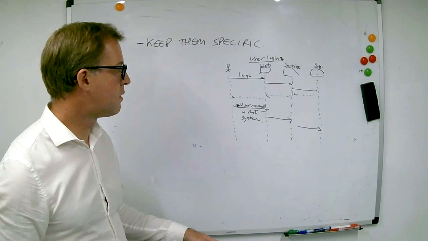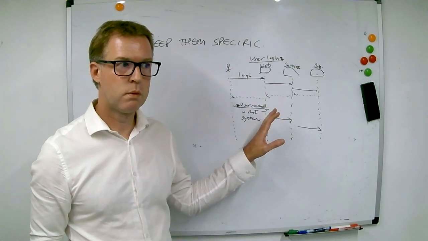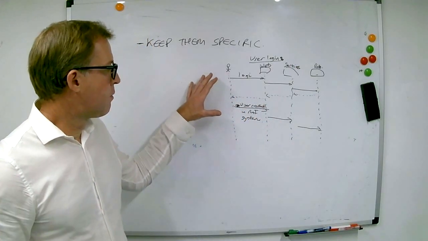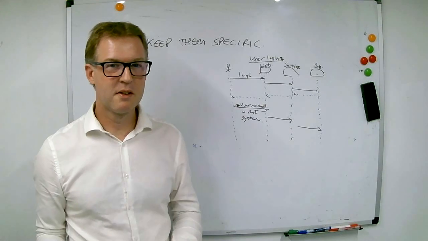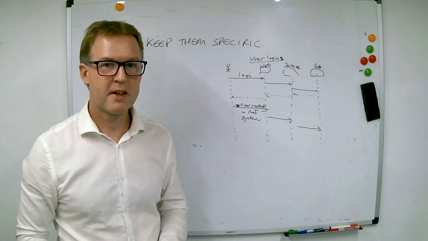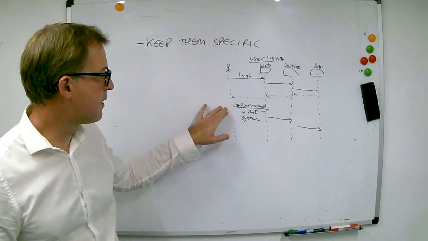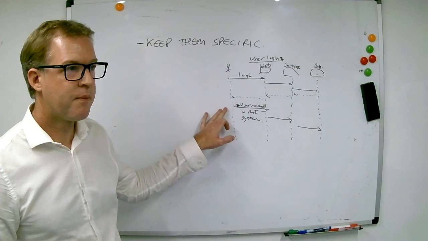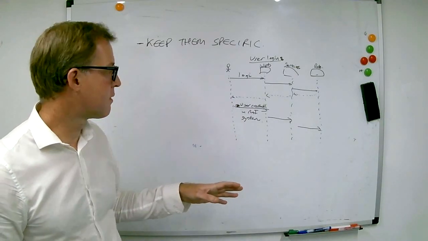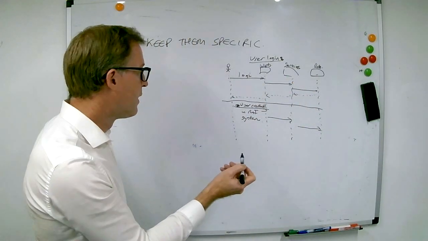Now, that's going to make your diagram look more complicated, which is not good. But also, it's just really confusing in terms of what you're trying to communicate. If you put in customer logs in, and then you've got user created in the MI system, it's not specific. Now, it might seem a good idea if this one was a bit boring because you didn't have many lines, but